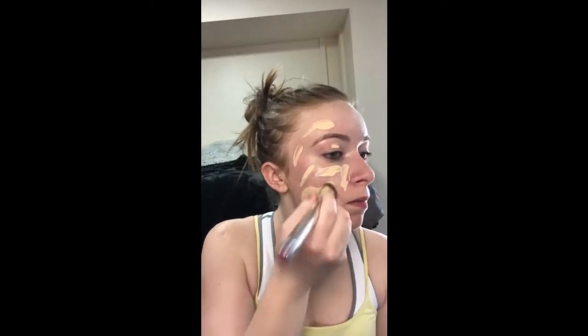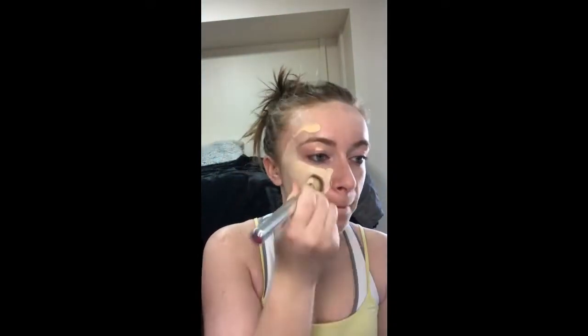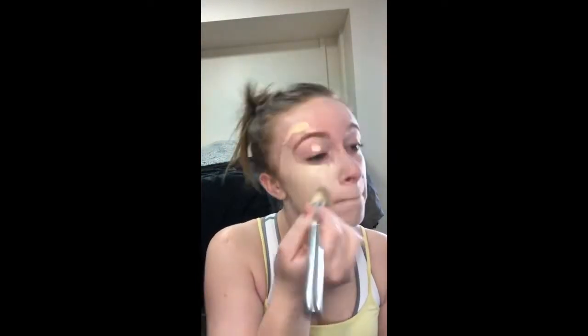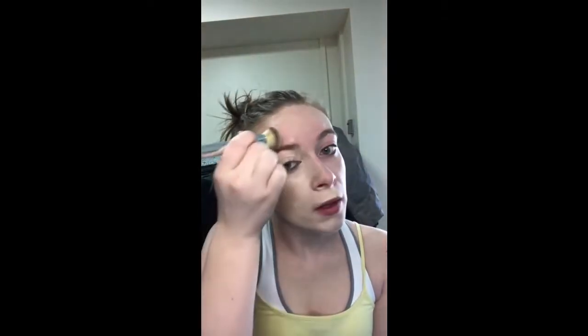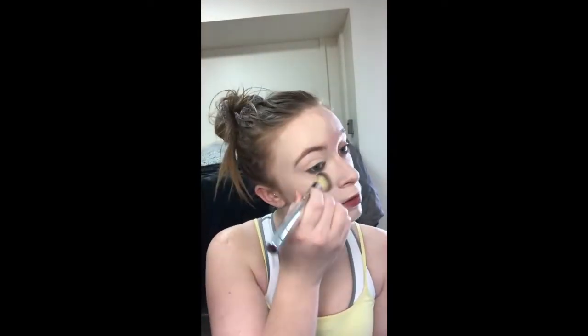I'm not really sure how much to put, but I'll start with that. I guess I'll start with the brush side and see what happens. I don't really use brushes all that much, just because I personally like a beauty blender better, or my Real Techniques sponge. So if I don't like the finish, I'm probably gonna smooth it out with